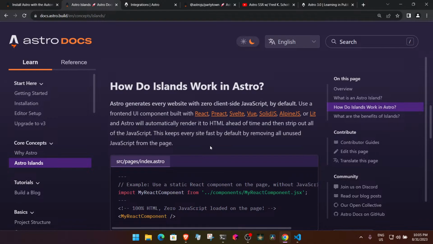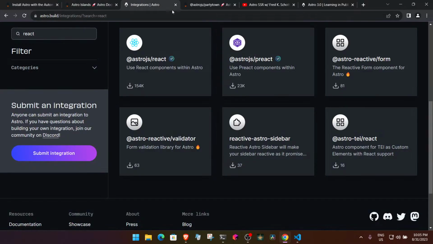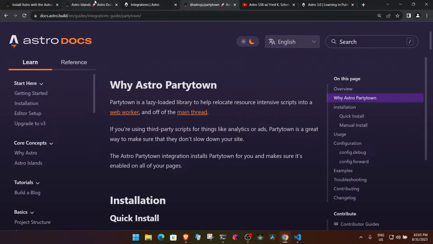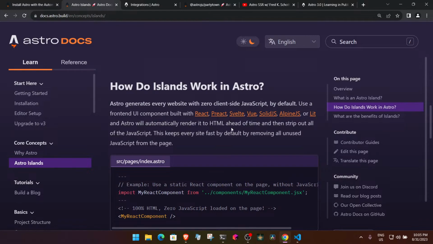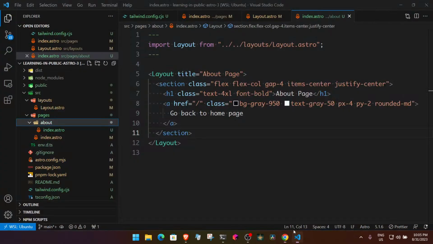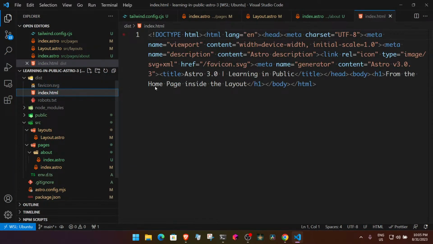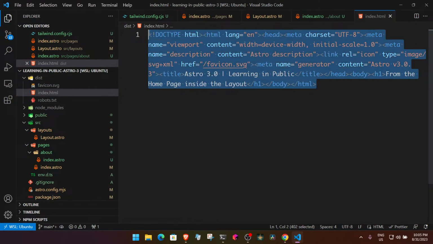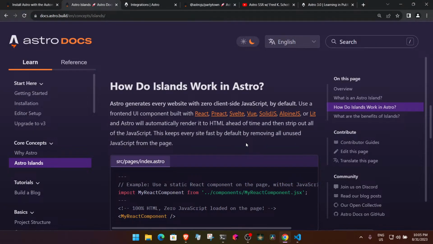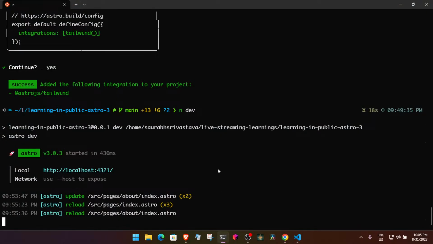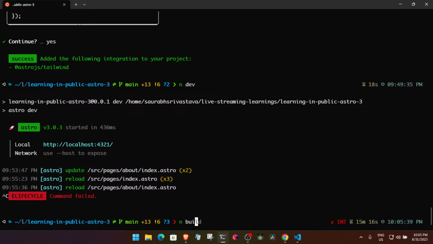Astro generates every website with zero client-side JavaScript by default. Like I just saw, at least 113 KB of JS was being shipped even after I built it. So I don't see how that is zero. Even though it says so here, at least in the browser itself it loads, right? So I don't see how it is zero. So if I again build it,